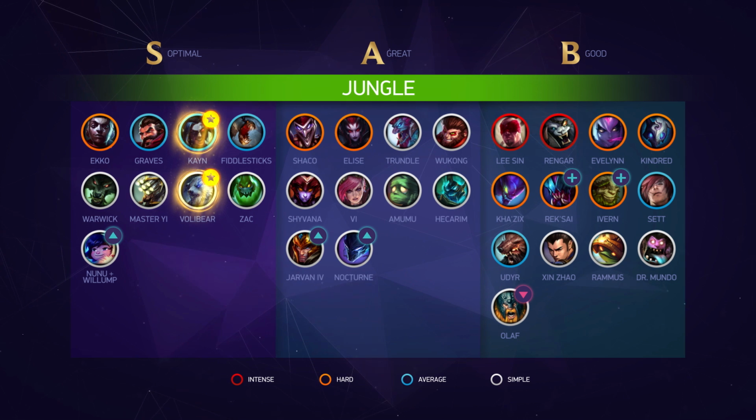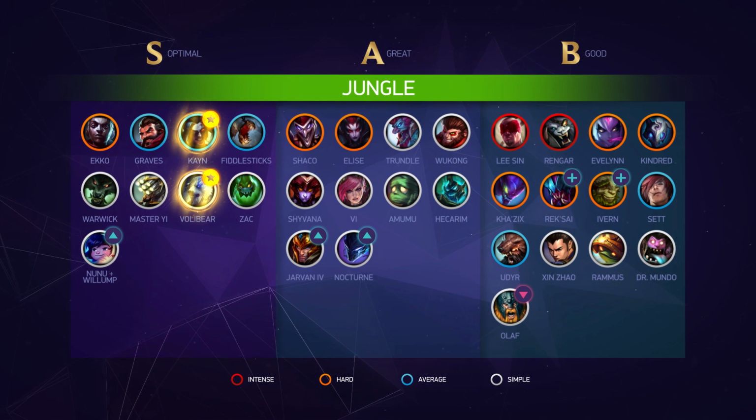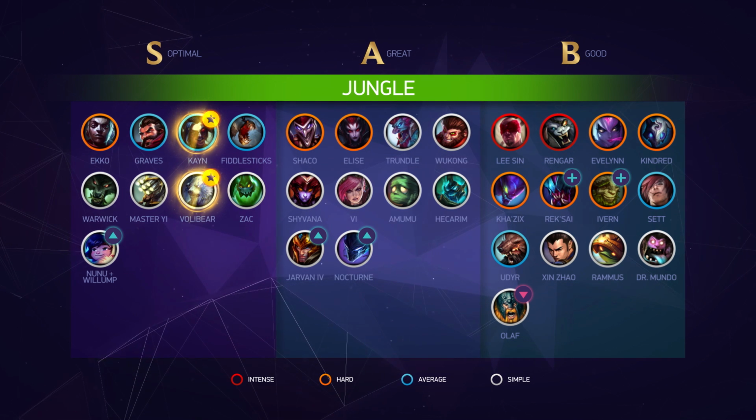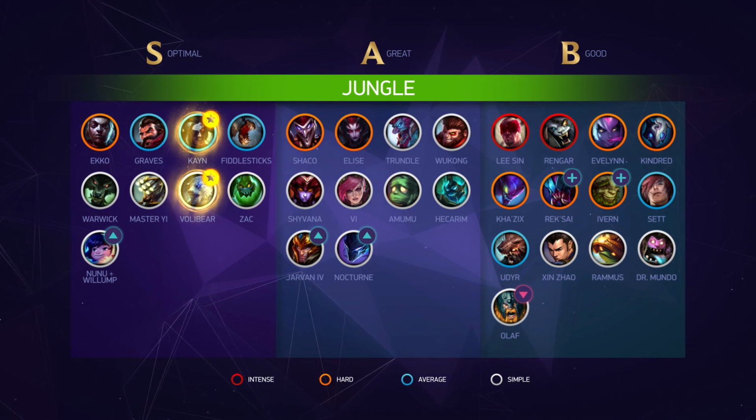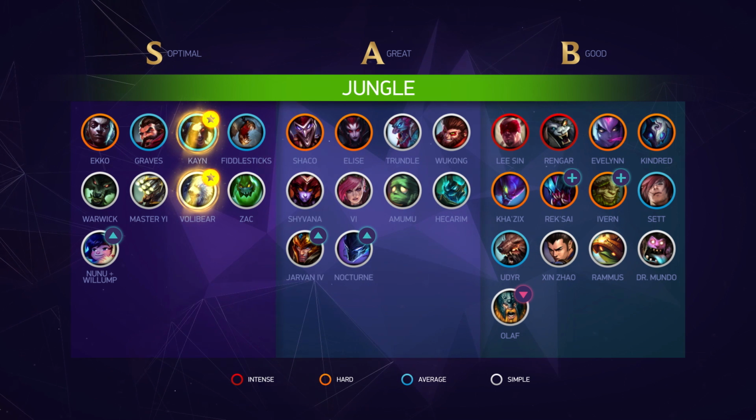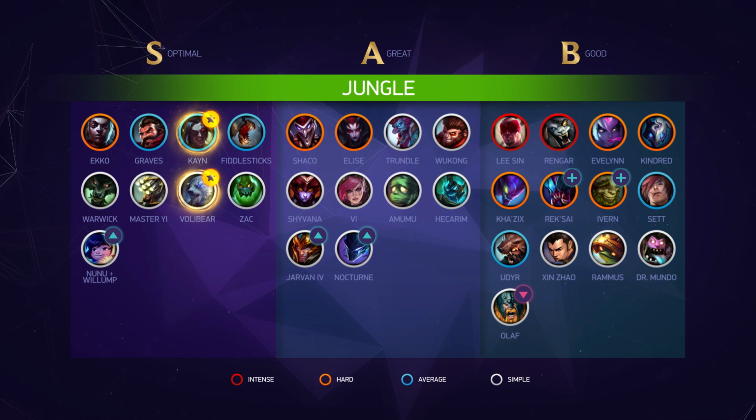We're also going to be moving Nocturne from B tier to A tier because of the direct buffs to his passive this patch. This one's a little bit more of a prediction, but we're going to be moving Nunu from A tier to S tier. This one might leave you scratching your heads, but hang on a sec, I'll explain it to you in more detail. We got Graves from God tier to S tier because he just cannot keep up with Volibear or Kayn,